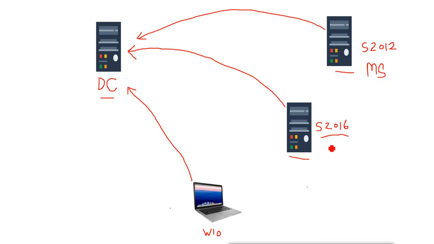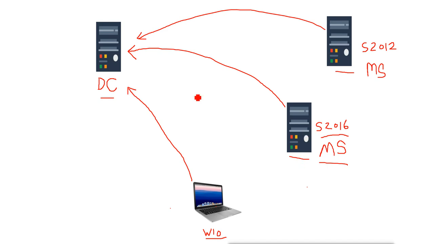These are server operating systems, but they are acting as a member of the domain. They are not acting as a domain controller. So they are called domain member servers. These are member servers, and these client operating systems will always be the client machines. They will not become members. They will always remain the client machines. So these are called client machines, and these are called member servers because they have a server operating system installed.